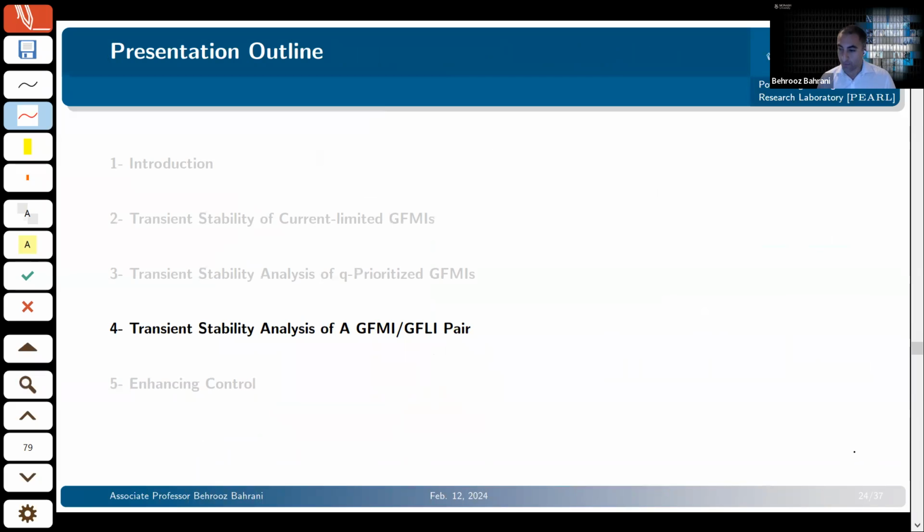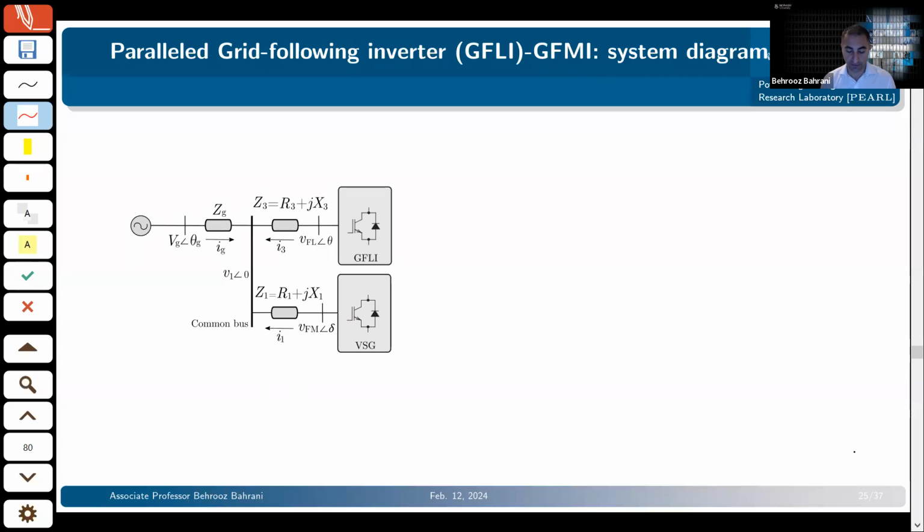So with that, very briefly, I'll also talk about transient stability of a pair of grid forming and grid following inverters. We'll see what happens if a fault is happening at the point of connection of a system where you've got a grid forming and a grid following inverter connected at one point of connection, because that's a pretty typical scenario where you would connect a grid forming inverter, a VSG, to, for example, a solar farm, and you want to support a particular part of your network where you've got a grid following inverter and help it in terms of system strength or voltage control.